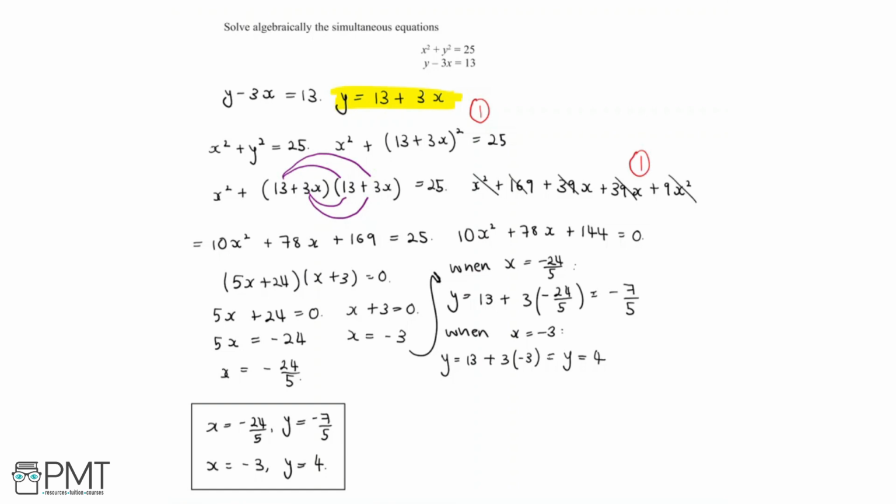Now the third mark is for forming a quadratic ready for solving, which means we've made the right hand side equal to 0, which we've done over here when we have 10x squared plus 78x plus 144 equals 0. And now that fourth mark is for factorising and finding the two values of x. So we did (5x plus 24) multiplied by (x plus 3) equals 0, and we found that x is equal to minus 24 over 5 and x is equal to minus 3. And now that fifth and final mark is for substituting the values of x back into the equation in order to find the two values for y. And so we're left with two pairs of values as mentioned earlier,